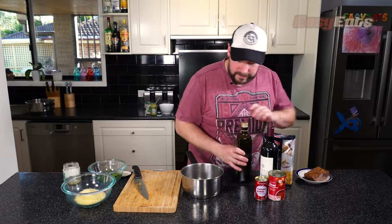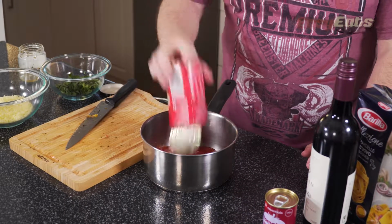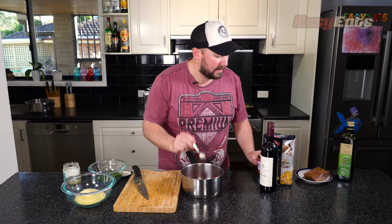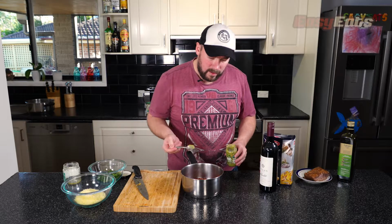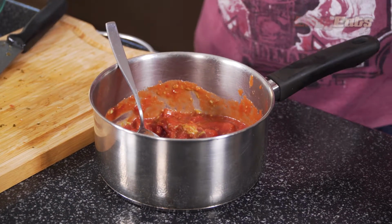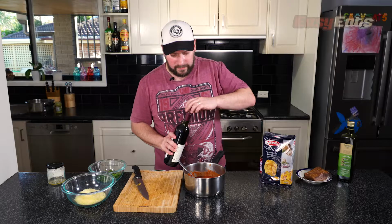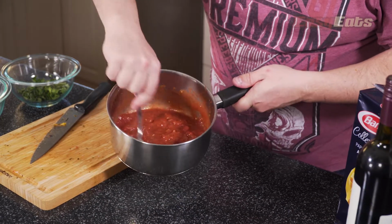But what we want, so I'll put in about a tablespoon of olive oil. I'm going to put in a tin of chopped Italian tomatoes, maybe a teaspoon or two of tomato paste, and then just a bit more pesto to that. So we're going to give that a good mix. Then we're going to add something for later, but something for now. Just a bit of red wine. Not too much, just a little bit, just for flavour. And you can see that's come up nice tomatoey,